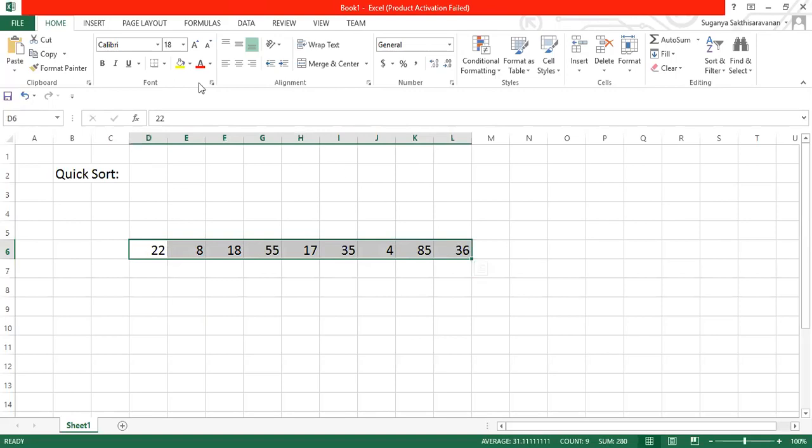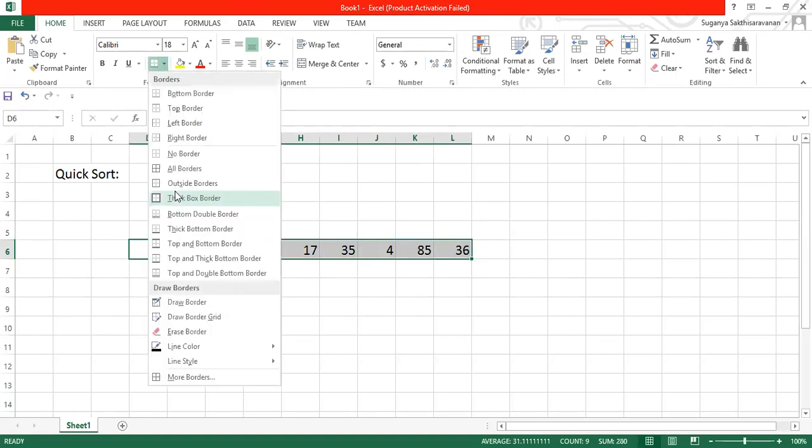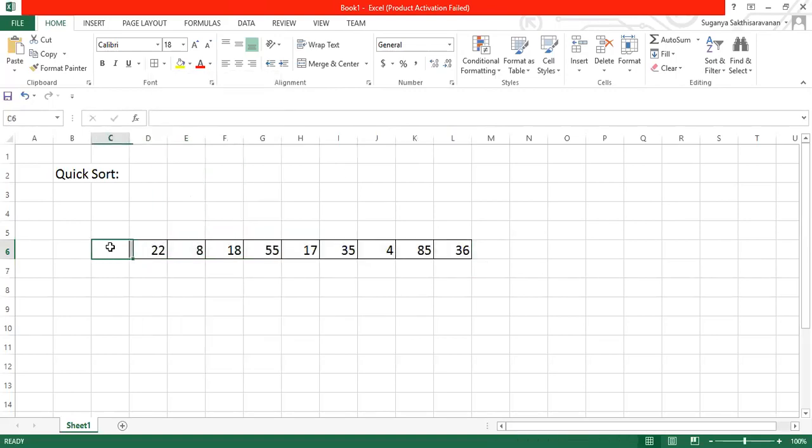This is the original list which is available, and here we are going to implement the quick sort algorithm.